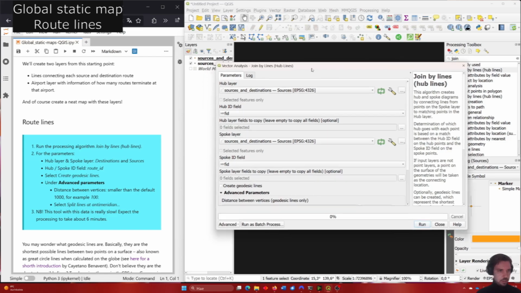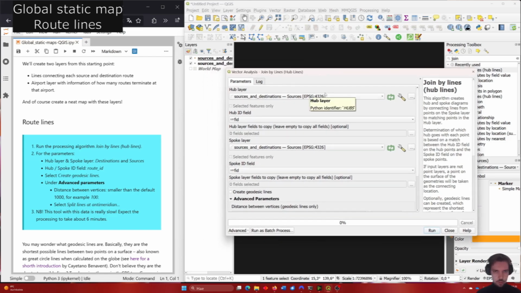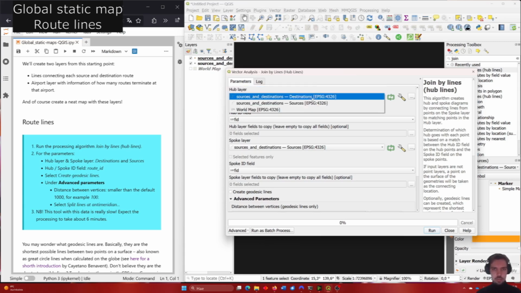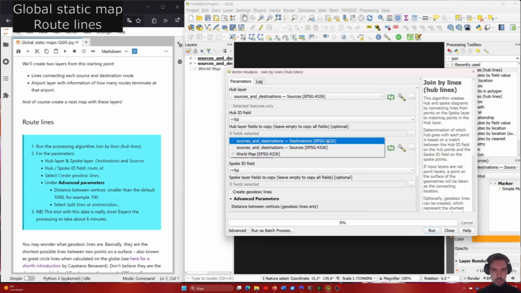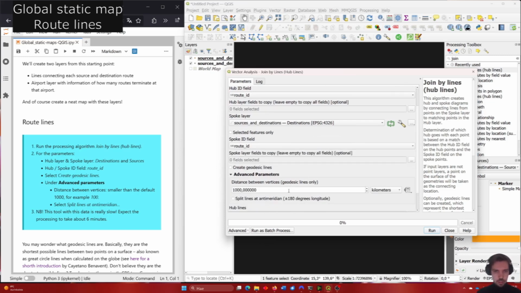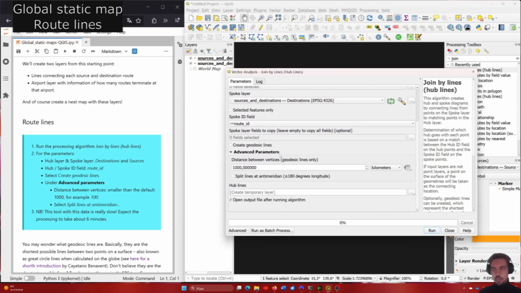And for that, we want to have hub and spoke. I don't think it matters which is which, but the hub is the processes and the spoke the destinations. Then remember we need the route ID layer to connect these two. Then, and this is the more interesting stuff for this visualization, we want to create geodesic lines